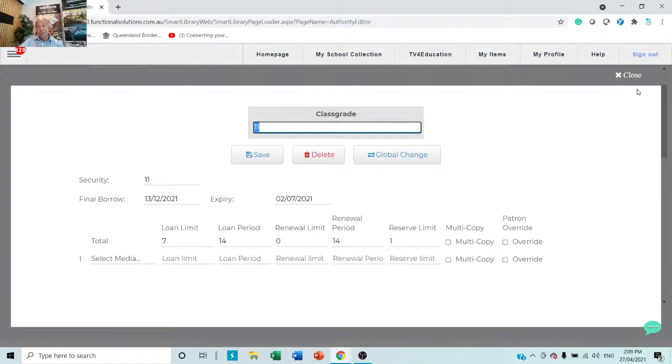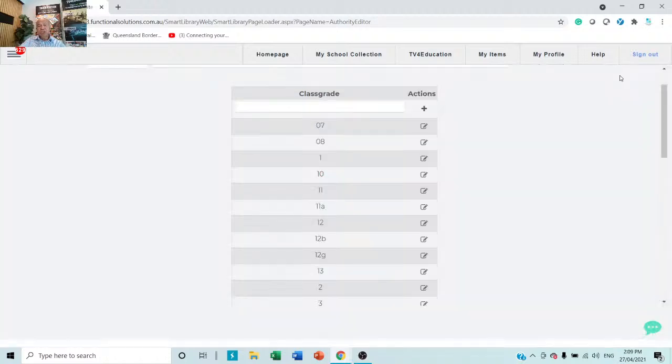Now, why would you do that? Because if some teacher adds a video that's sexually explicit and violent and it's 50, which means they can watch it, you can go into that video and you can go, no, as an administrator, I don't think that you should be having access to this. So you can just go and make it any number over 50. Let's say you make it 100. The teacher now can't